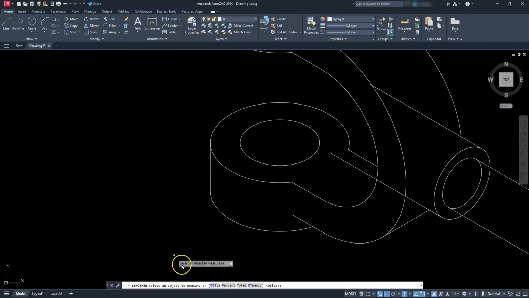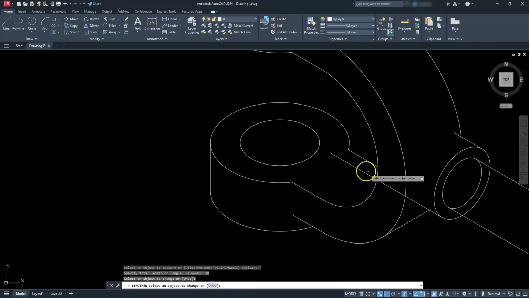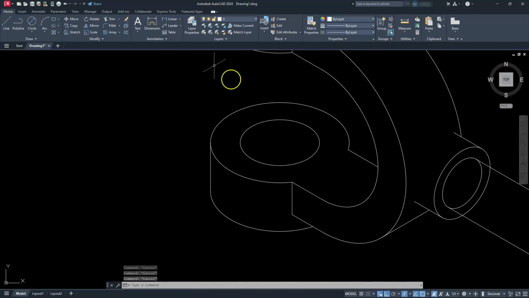So I use the lengthen command, and then I'm going to choose total. I'm going to use that 20 that we just found out, and I'm just going to shorten these lines to that 20. All right. Now, I do have a benefit of knowing that this goes all the way to this intersection here. So I will extend this one back